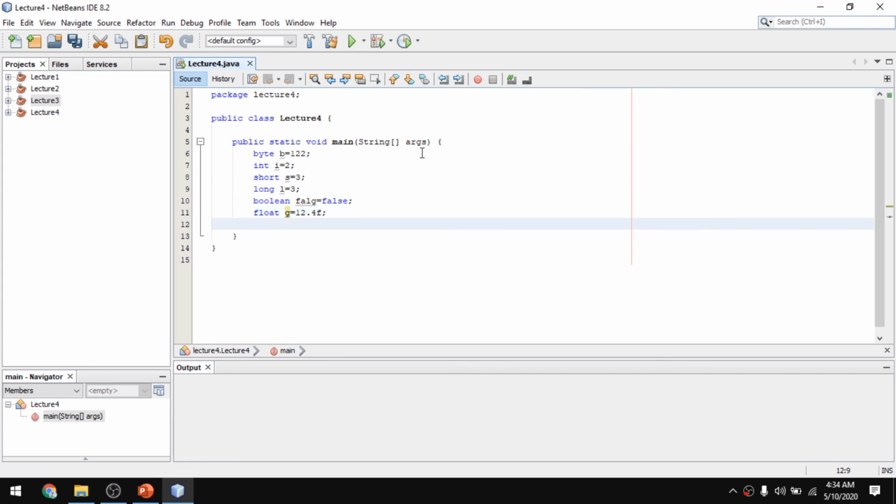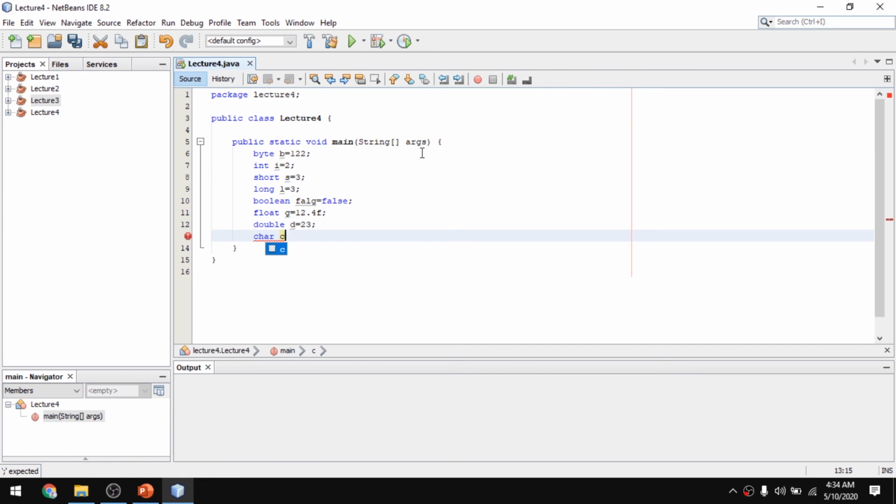And then we have a double d equals, let's suppose, 12.1, and you can put here a number without the decimal part, and it will automatically take it as 23.0, so don't worry about that. And the last one is character c. How can we assign a character? We have to put it in single quotes. Let's put s. If we put double quotes, it will not accept it, so we have to put single quotes.